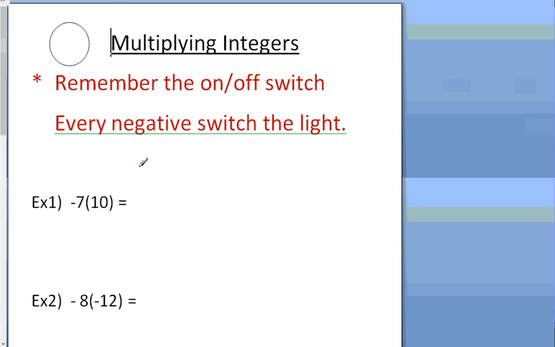So in the last couple of years, I've tried to come up with a new way of thinking of multiplication and division without rules, so that people wouldn't get them mixed up. That's what I'm going to teach you here today. I'm still not convinced it's the best way to teach it, but it does make sense, okay? I want you to think of multiplication and division problems as an on-off switch. So for example, if I was going to multiply -3 times 5,